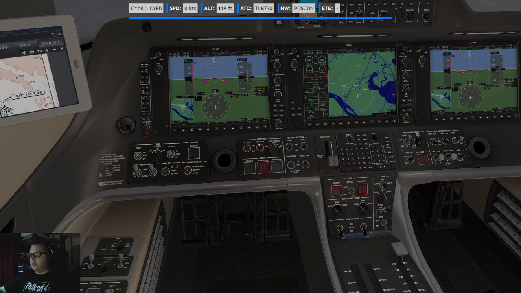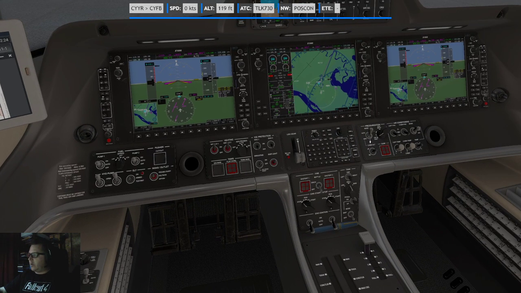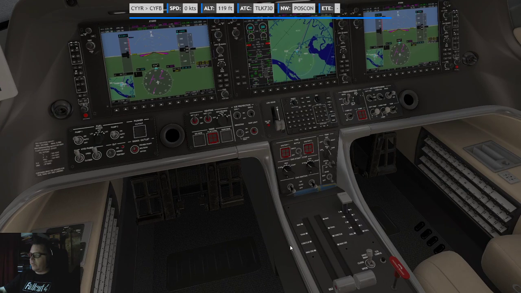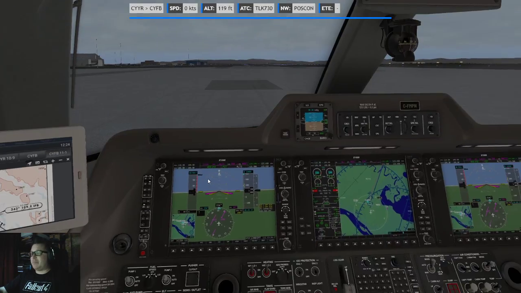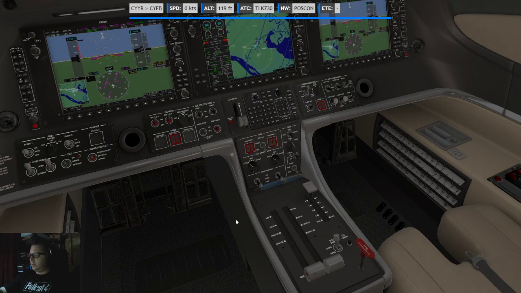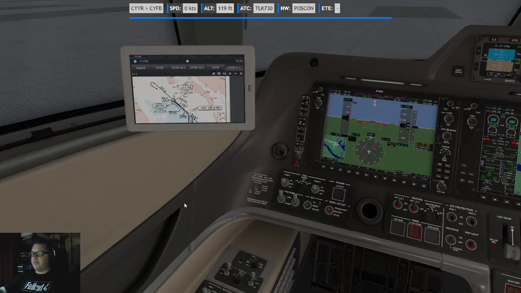Belts on. Heaters, because we're way up north. Everything is on auto. Everything is cool. Don't need ice protection yet, but I have a feeling we will soon. We'll do flaps after startup, after everything is working.